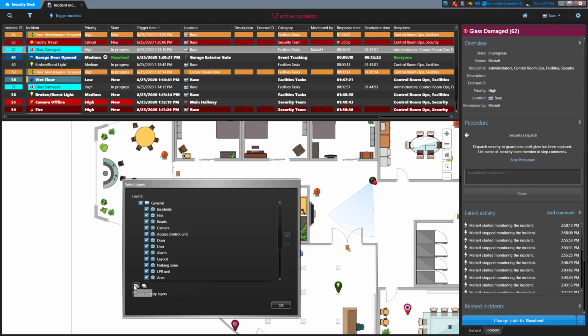You can use the Select All or Select None buttons on the bottom of the list, and to make it easier to see, you can check the Hide Empty Layers box to only see what types of objects you have on the map. For example, if I have alarms on my map, but I know I'll never need to see the status of the alarms or perform any actions on them, I can uncheck my Alarm layer.